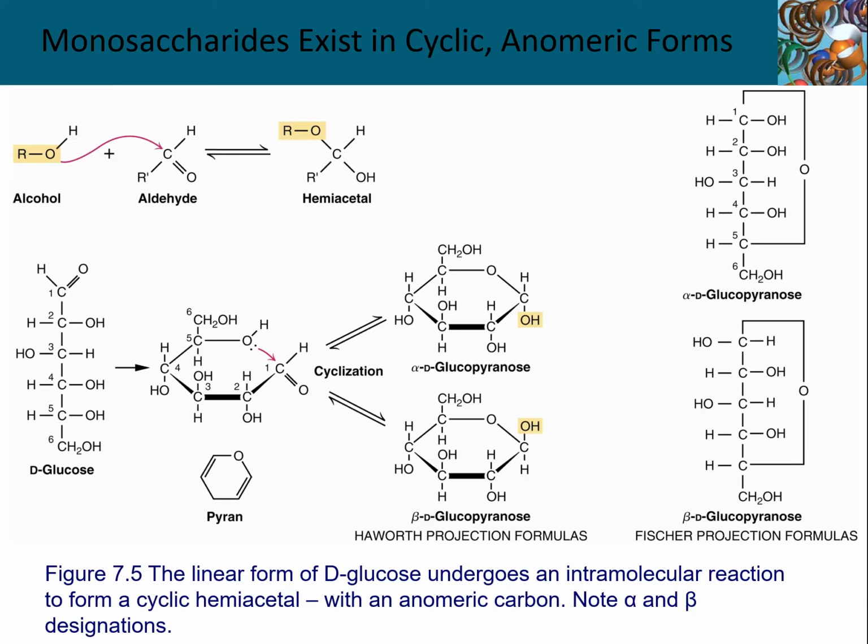1-carbon aldehyde, you get a 6-membered ring, which is a particularly stable ring conformation for all the reasons that you learned in OChem, mostly dealing with bond angles. So the lone pairs here on this hydroxyl are going to attack this carbon, and this oxygen here is going to become a new hydroxyl group.